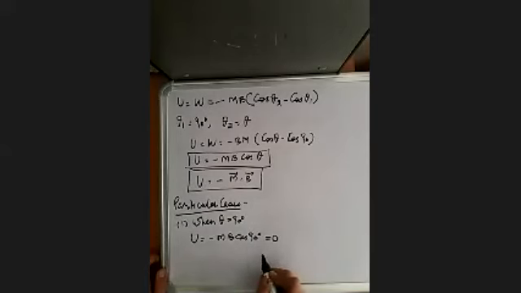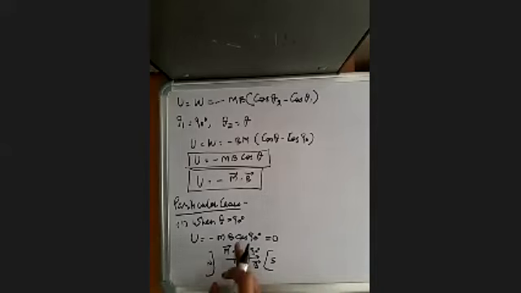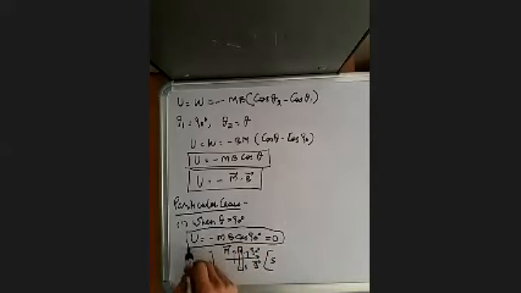So when the dipole is perpendicular to the magnetic field, if this is the position, the magnetic field is in this direction from north to south, and the dipole is perpendicular to it. So this is south, this is north, and this is the direction of the m vector, and the angle is 90 degree. So when the dipole in the magnetic field is perpendicular to the magnetic field, in that case the potential energy of the dipole is 0.